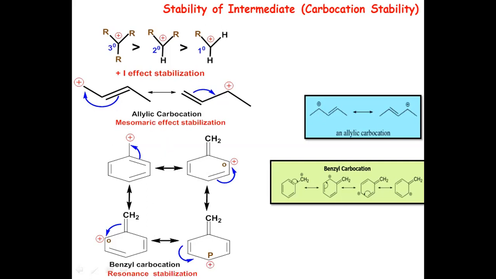And the third type of carbocation we are talking about is stabilized by resonance. For example, we take this benzyl carbocation, highly stable. More the canonical structures, more is the stability of that carbocation. So what you'll find now, this benzene ring becomes an electron donating group and stabilizes positive charge on this particular carbon. It's a primary carbocation, but highly stable because of this resonance.